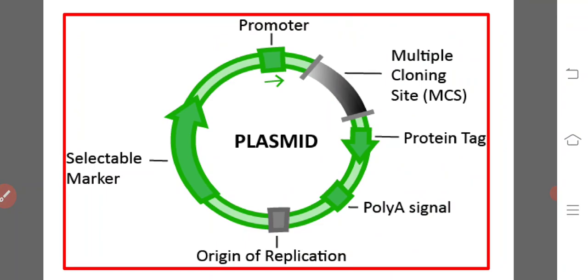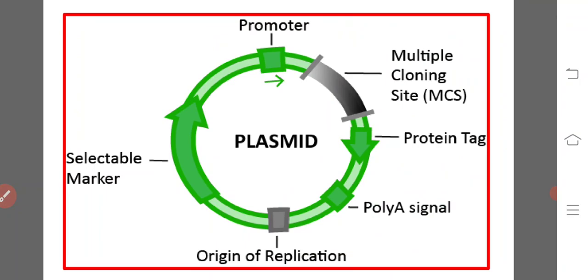And plasmids have different advantages as cloning vectors. They can be readily isolated from the cells. It possesses a single restriction site for one or more restriction enzymes. And insertion of fragment DNA doesn't alter the replication properties. It can be reintroduced into the cells. Selective marker is present and transformants can be selected easily by using the selective medium.